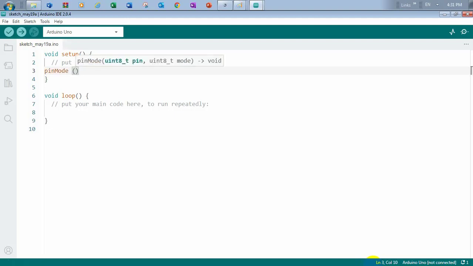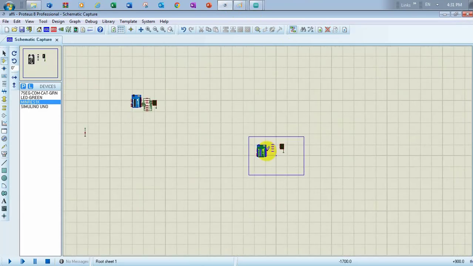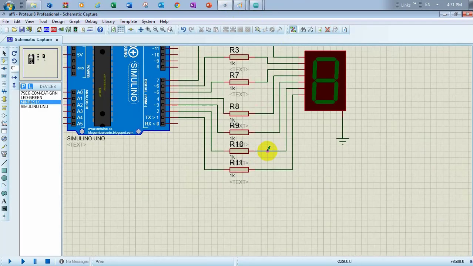Number 1. We have number 1. Number 1 is output, number 1 2 3 4 5 6 7, so we go writing number 1 pin mode here,